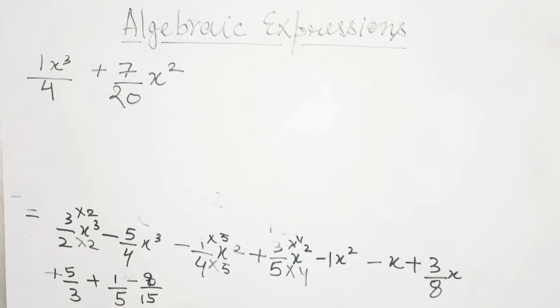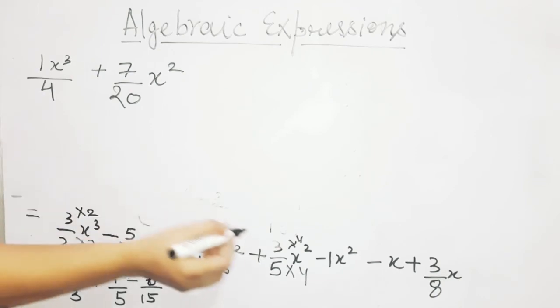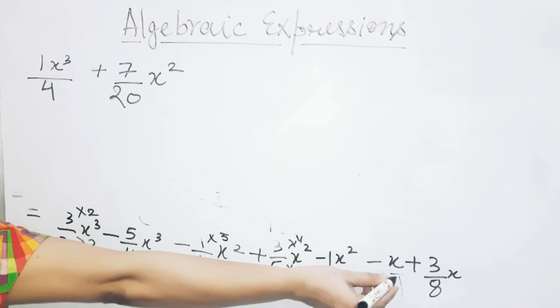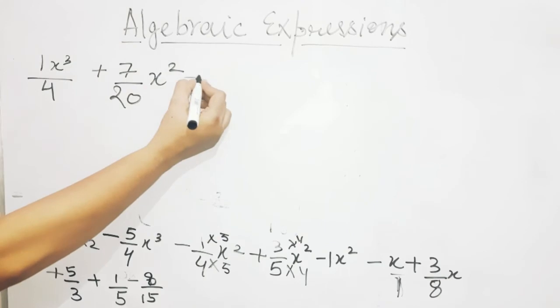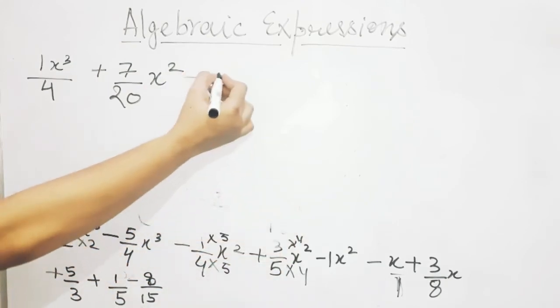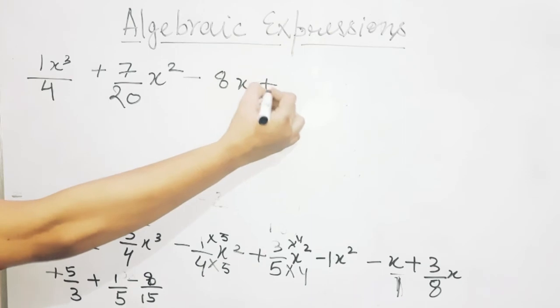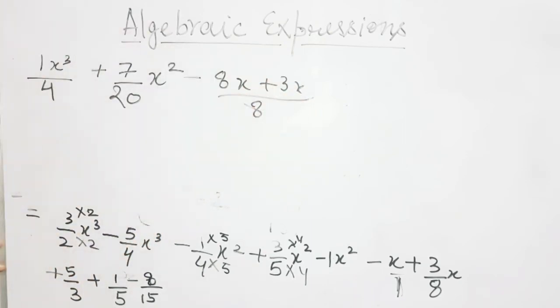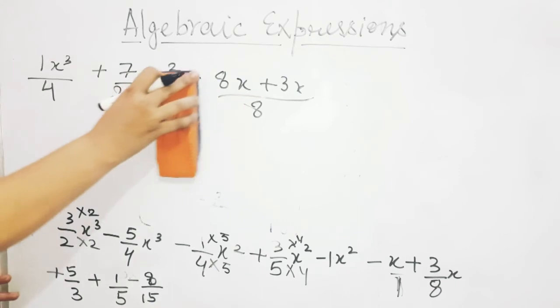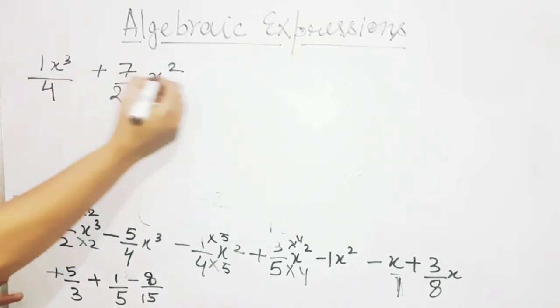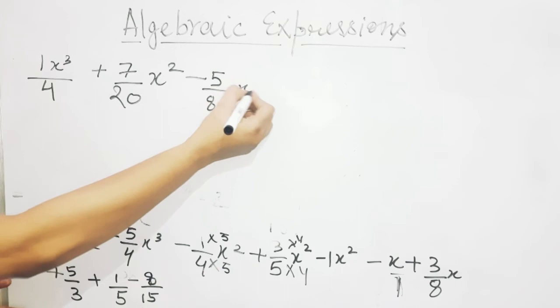Now solving the part which is having x. Since x was not having any denominator, by default 1 will be the denominator. Now 1 and 8, what will be the LCM? The LCM will be 8. So x has to be multiplied by 8 in order to make it 8. Because 1 8 is 8, so minus 8x plus 3x upon 8, right? Now plus minus minus, sign of the greatest number. So the greatest number is having a negative sign and 8 minus 3 is 5. So the final answer will be minus 5 upon 8x.